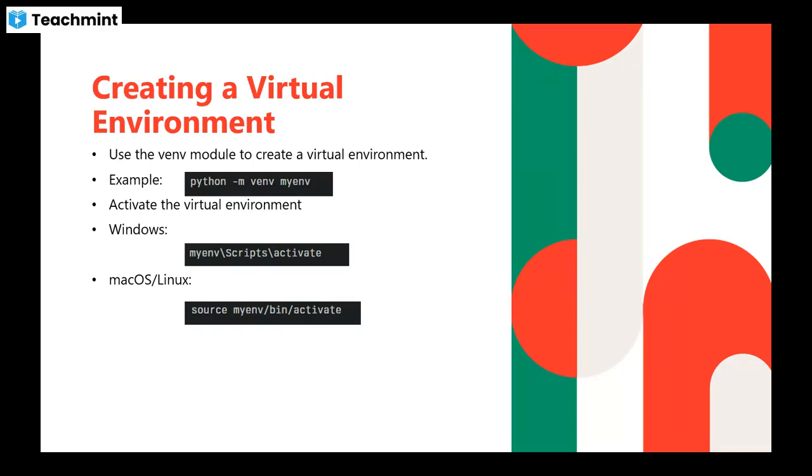To activate that environment, these are the commands. In Windows, you can directly call myenv/scripts/activate so that your virtual environment will be activated. Whenever you want to use this project, you have to go to your project folder and run this command so that the virtual environment will be activated for each project, so that you can use the modules